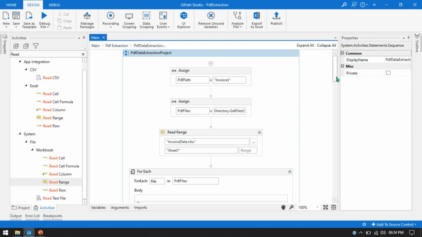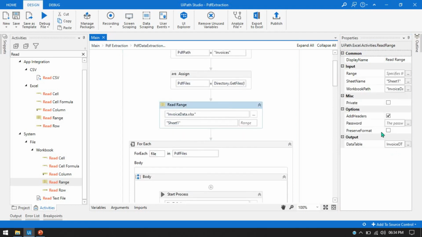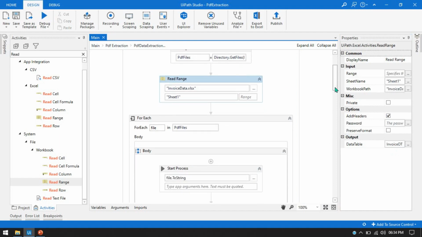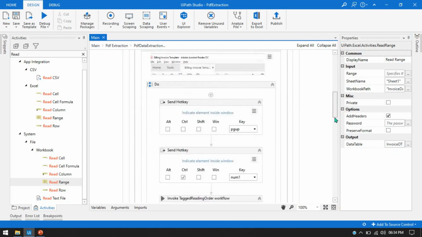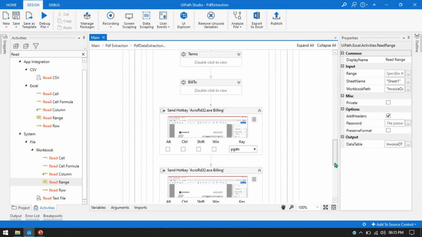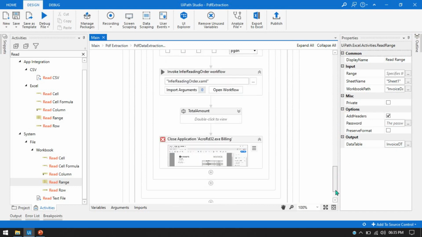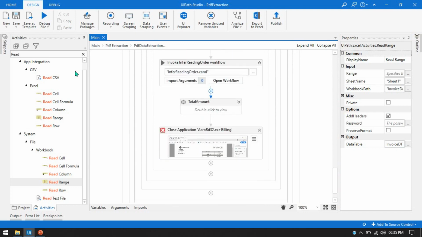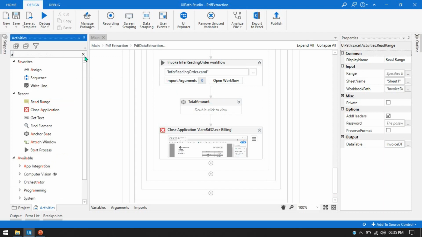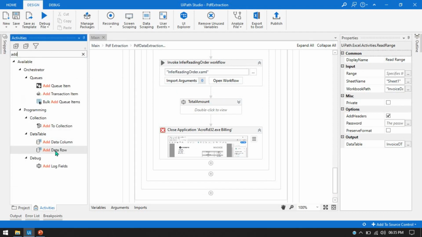Now save this and click on this add headers. Always check this so that it will consider the first row as a header, the column names. And now after capturing the data, we will take one add row items. Here you can see we have the add data row. So add data row will add the data to the rows, like in the data table, because we have read the data and stored it in the data table. So we'll take this and write here,